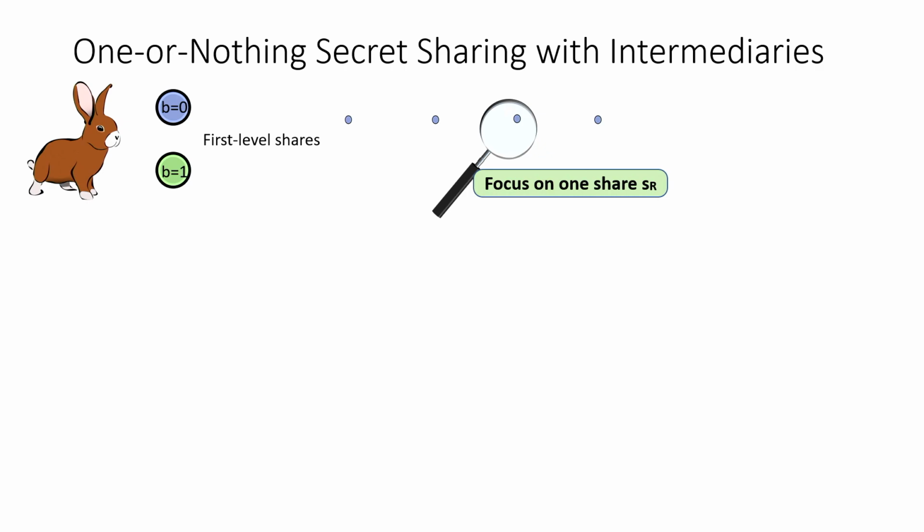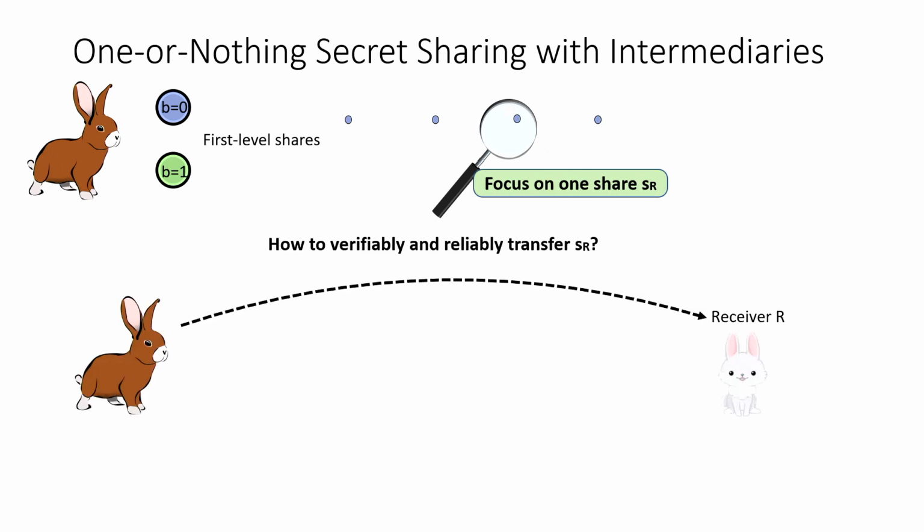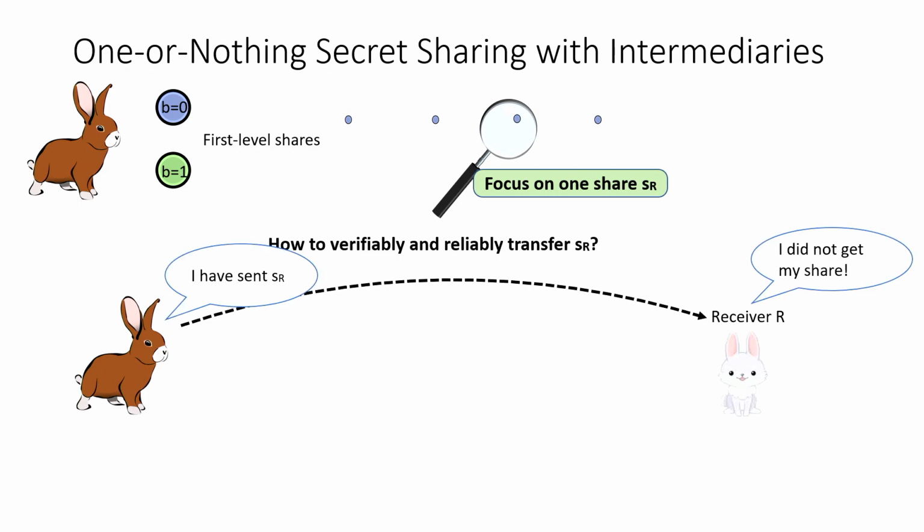And let's say that I want to communicate this share to a receiver. One thing that I could do is just to send this share to the receiver. And this seems fine, right? But what about the case that the receiver claims he didn't receive this share? At the same time, the sender can claim that he sent this share and the receiver is lying. And the other parties don't have any possible way to actually understand who is lying between the two.